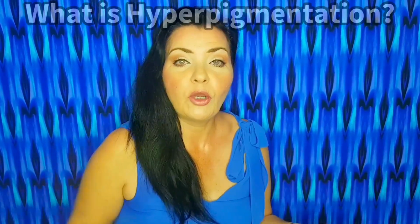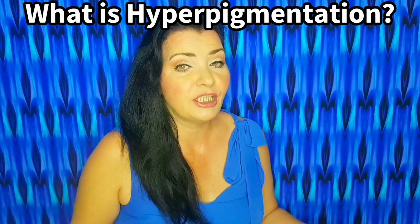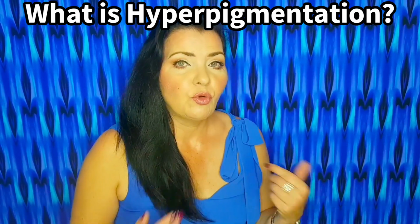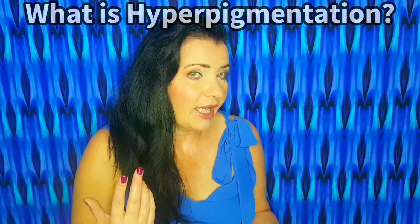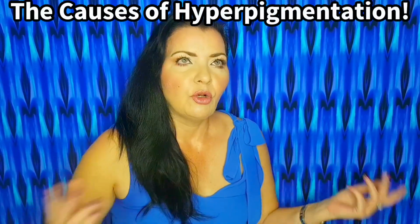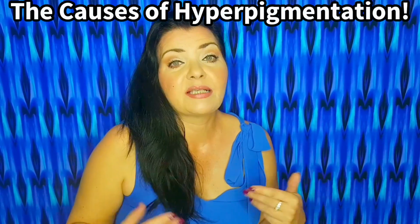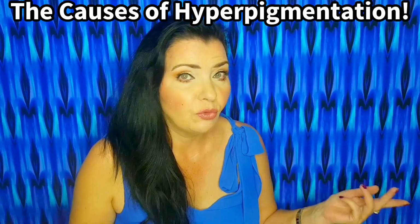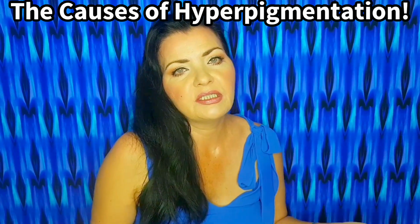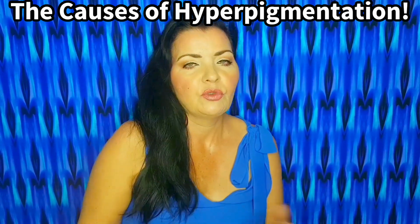First of all, let's address what is hyperpigmentation. So hyperpigmentation is an increase in melanin production. Melanin is what gives our skin, our hair and our eyes the pigment. Increase in melanin, the main causes are sun exposure, number 1. We also have hormonal influences, for example, melasma, which is found mainly in women over the age of 30. Increase in melanin can also be due to injuries in the skin or inflammation in the skin, which leaves behind